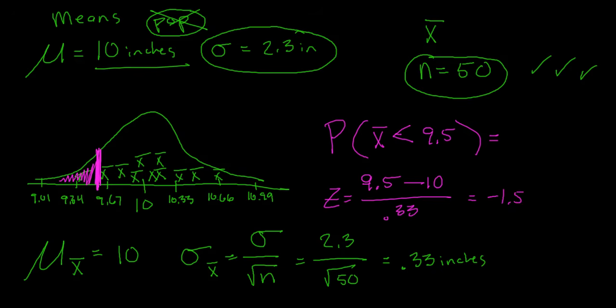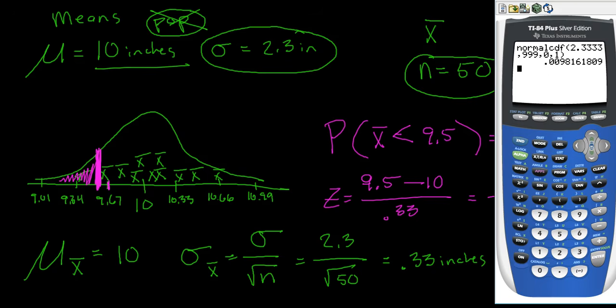Actually, I'm going to use a couple more decimals. Negative 1.5152. All right, so again, that actually makes sense. Here's negative 1, so this is a little bit more than one standard deviation below the mean. Now all I got to do is grab my normal model, so second vars, number 2 for normal CDF. Now this time I'm starting down, so I'm going to start at a low value of negative 9999, and I'm going to go up to my z-score of